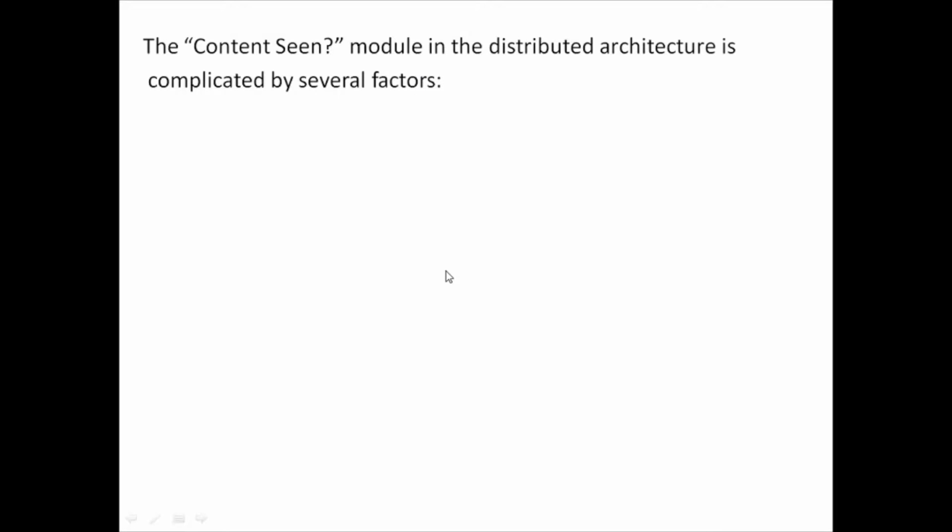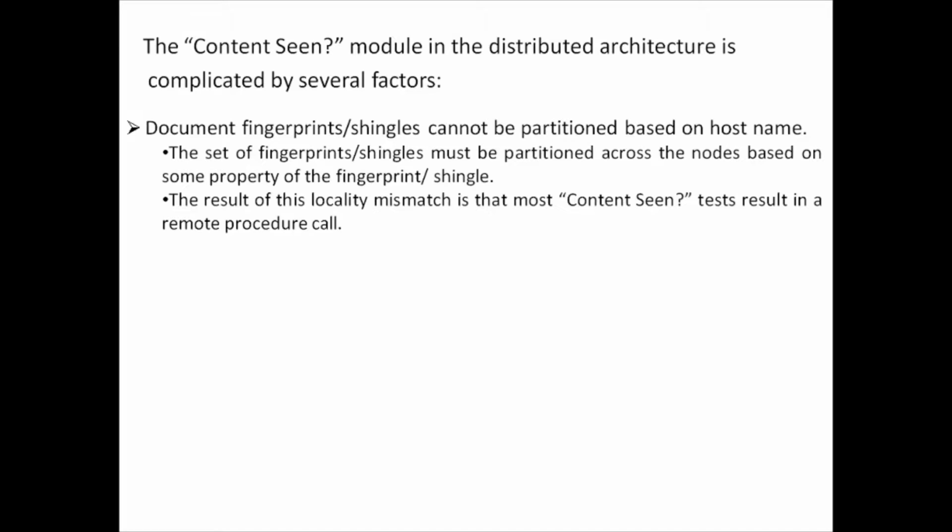In the distributed architecture, we have the content seen module. The content seen module in the distributed architecture is complicated by several factors. The first one is that the document fingerprints or shingles cannot be partitioned based on the host name. There is nothing preventing the same or highly similar content from appearing on different web servers. So it is not possible to partition the fingerprints or shingles based on the host name.